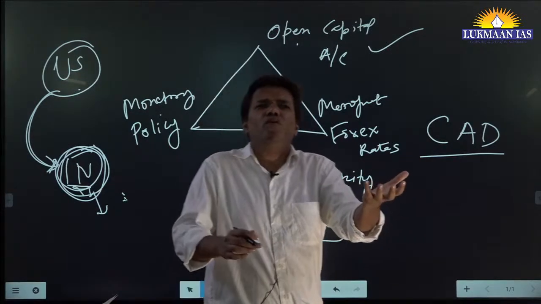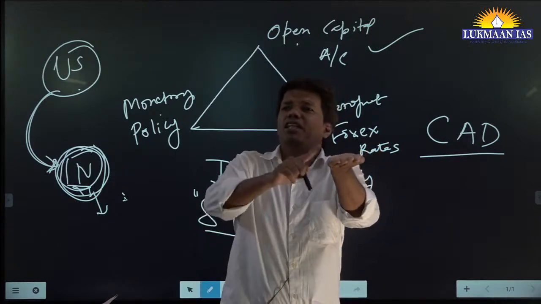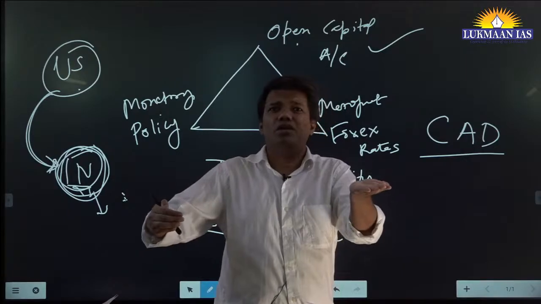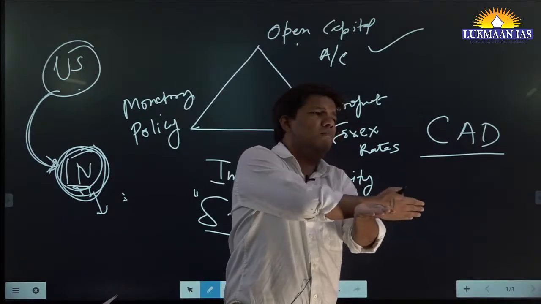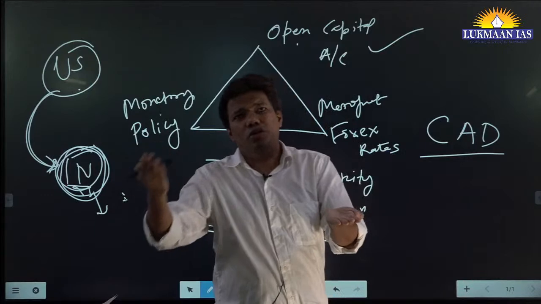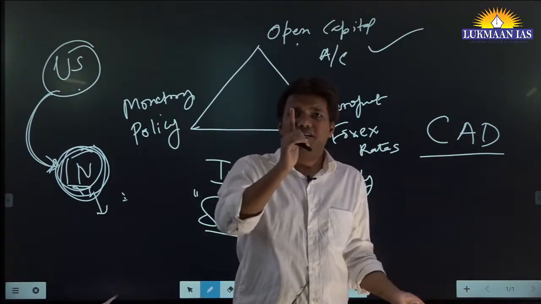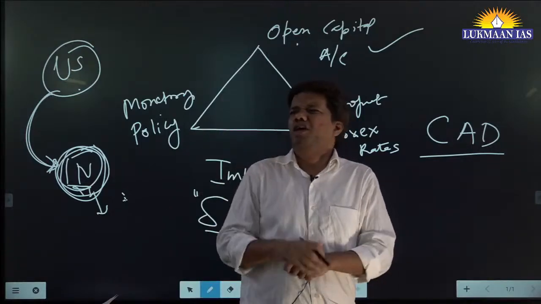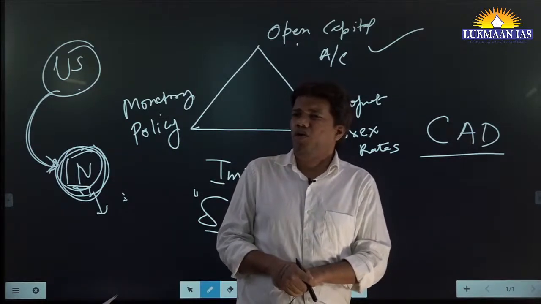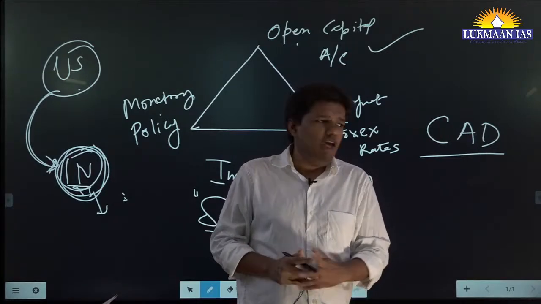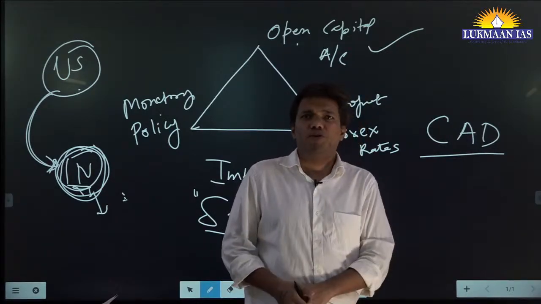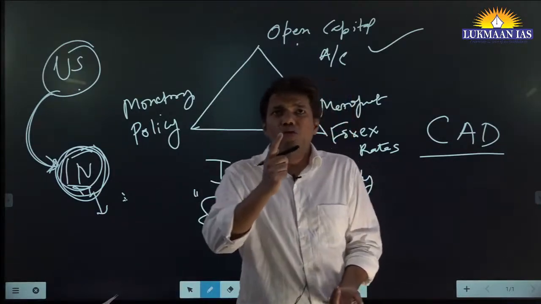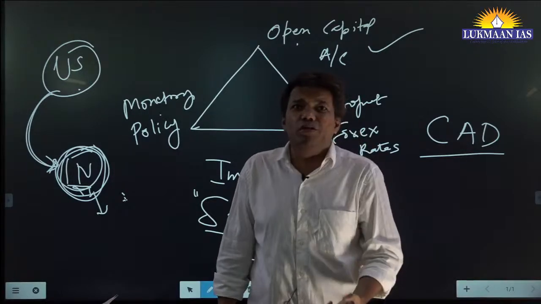The government in general, because they know whenever you increase the interest rate, the borrowing cost increases. When the borrowing cost increases, the investors will say, even if I invest in something and get some profit, the borrowing cost is so high, I might not be profitable, right? That is the main essence. Let's say I have to start a business and I see the interest rate is so high, if I take a loan the interest rate is 15%. Even if I make 16% from this project, what is my profit? 1%. For 1%, why am I going to take so much trouble, right? So that's why your investment decreases.